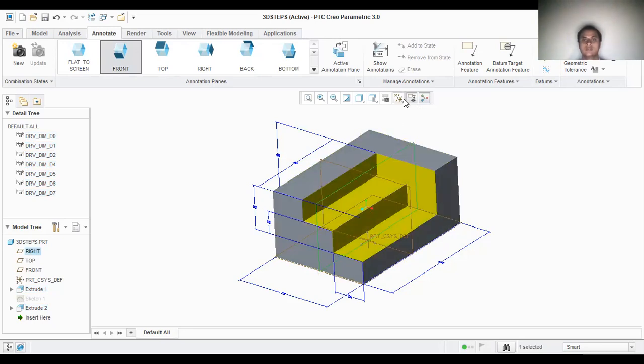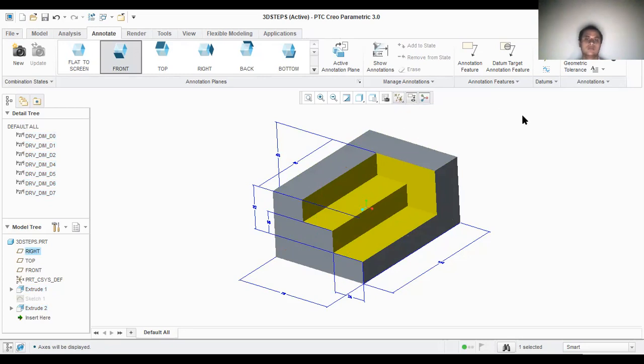So select this one, and here you can see the plane display. Make sure that plane display is off so that the viewer is clearly visible. And I will turn off these few things so that it will be helpful, so that there is no confusion if it is overlapping with the planes and all the other things. Okay, so everything is done.